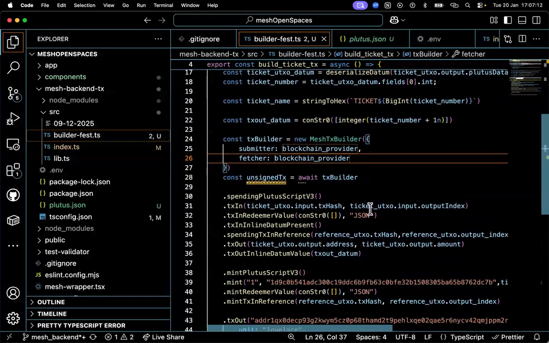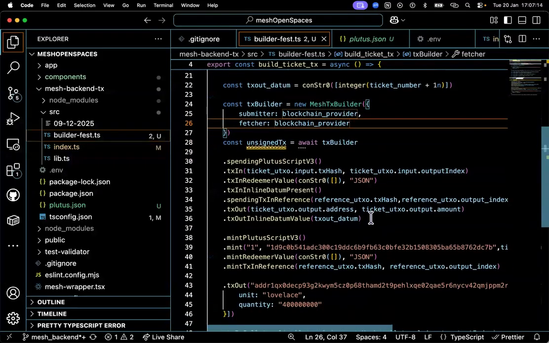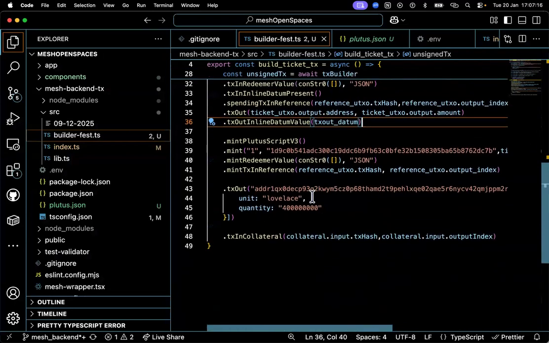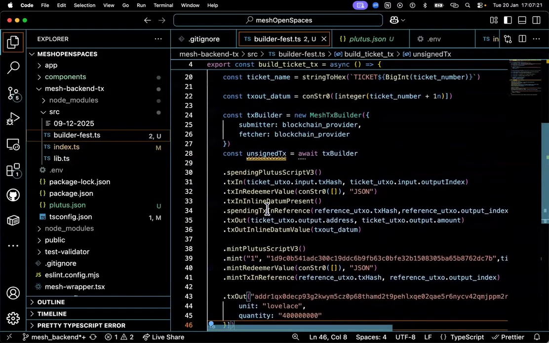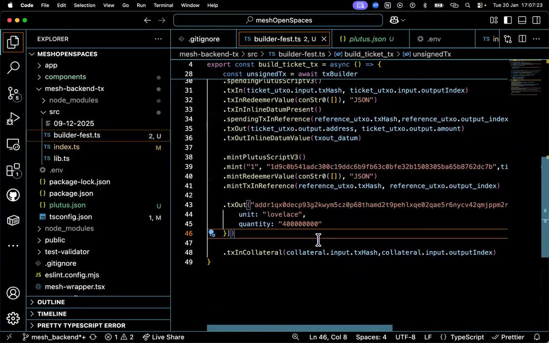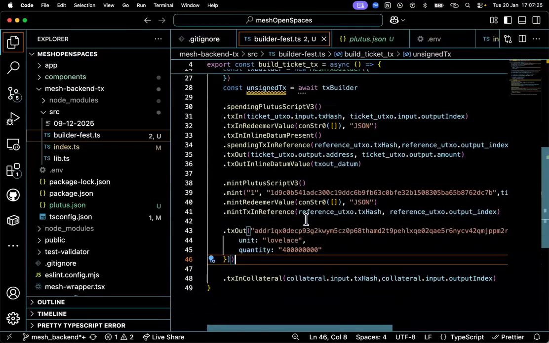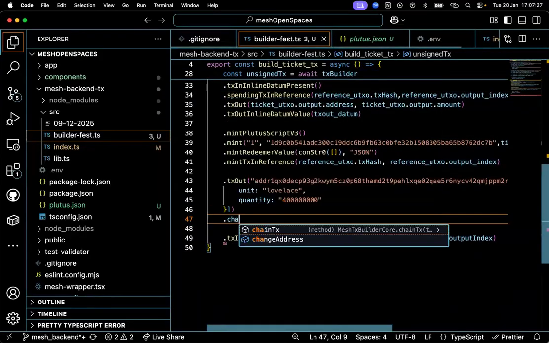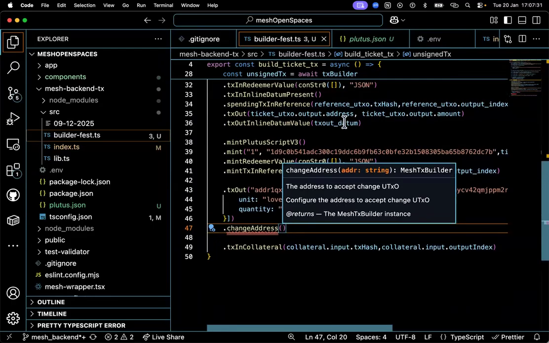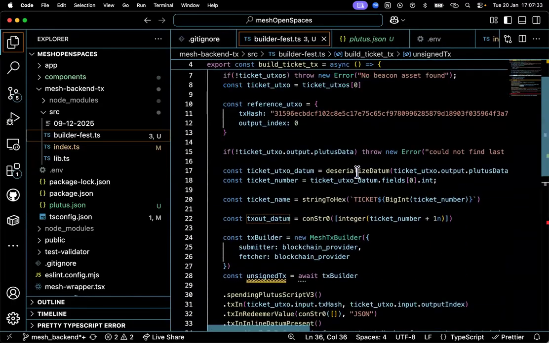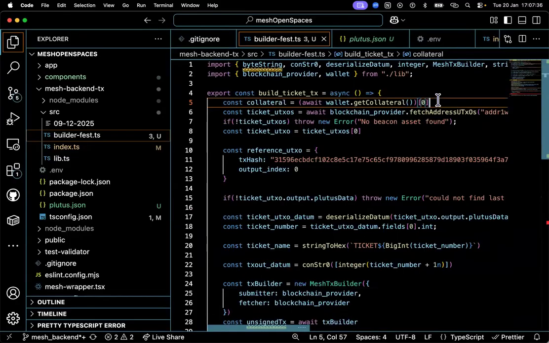We've added the datum, and we are paying this amount to the treasury directly. What else do you just need to add? Collateral, change address, and I think this transaction is pretty complete. Yes. Let me do the wallet dot get change address.